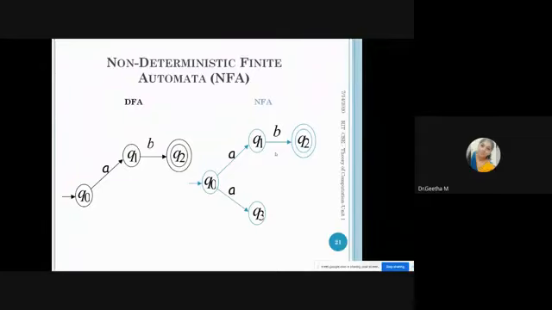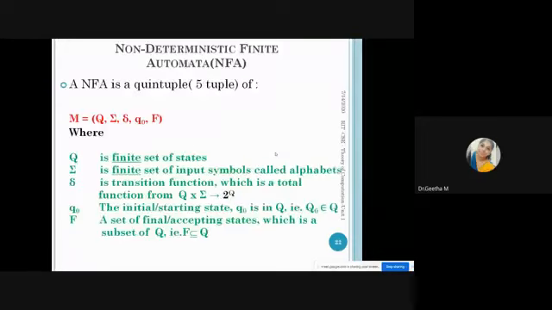Only one you will be getting, but you will be getting a confusion whether we want to take this path or that path. So it tends to this confusion, a kind of decision making, it tends to non-determinism, so this kind of finite automata is called non-deterministic finite automata. So hereafter we are going to see what a non-deterministic finite automata is.